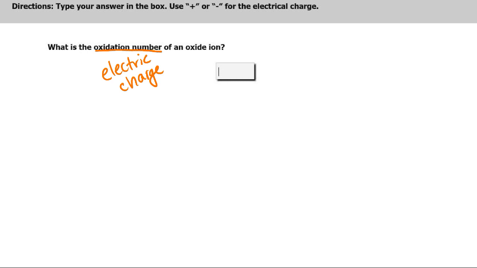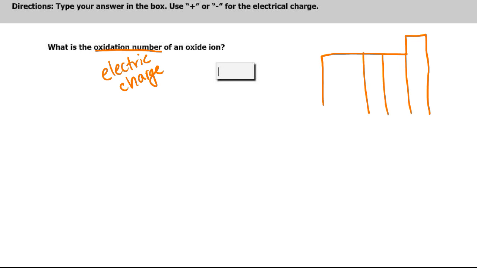So oxygen, if you're looking at just the P block, oxygen's in this family above sulfur and selenium, and you've got fluorine, which is above chlorine and bromine, and then you've got the noble gases over here. The noble gases tend to have an oxidation state of 0. The halogens tend to have an oxidation state of -1, and the oxide family tends to have an oxidation state